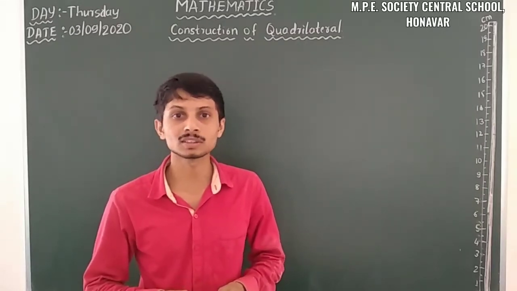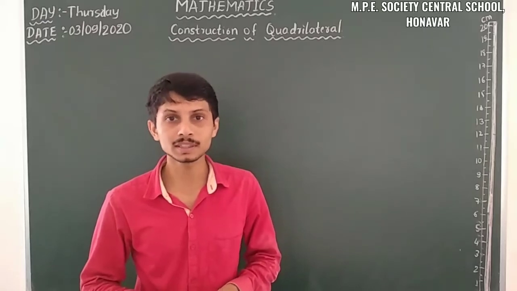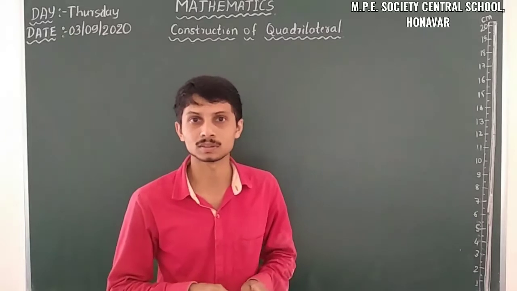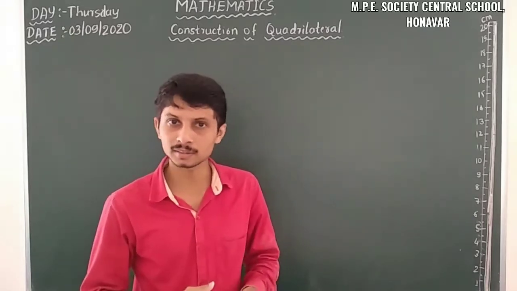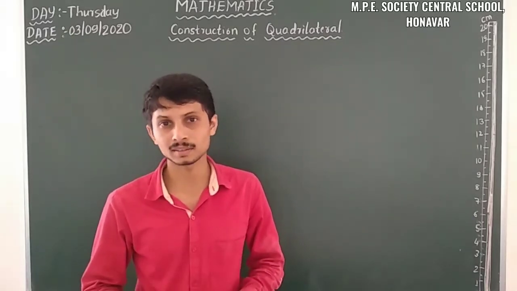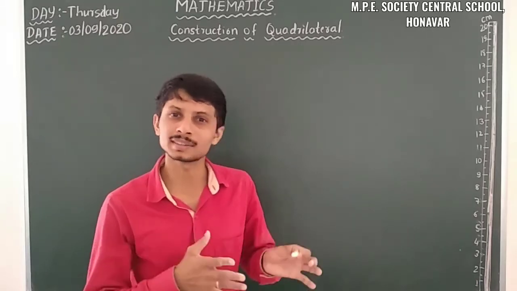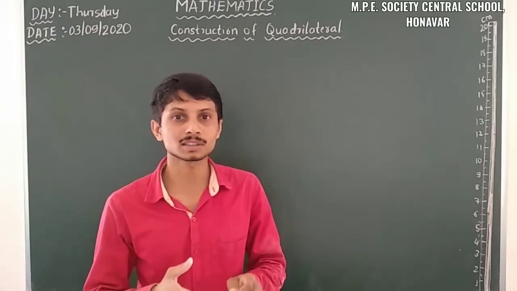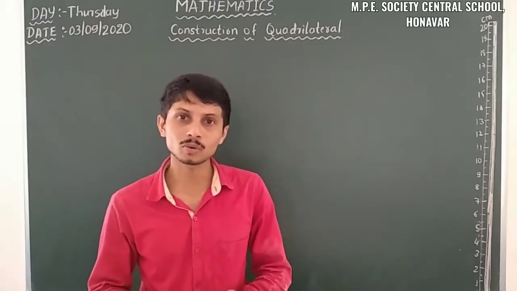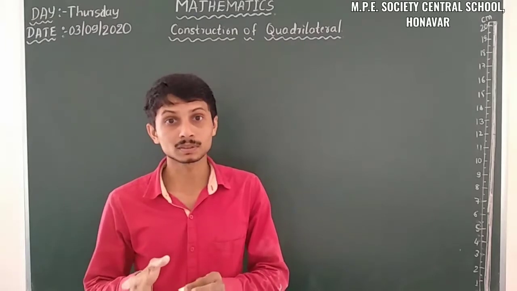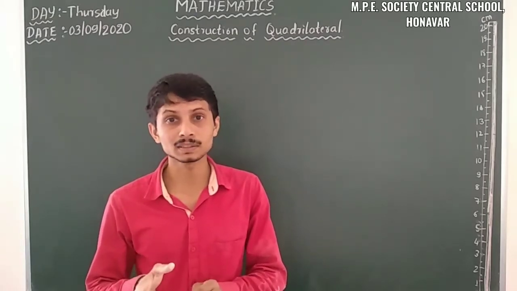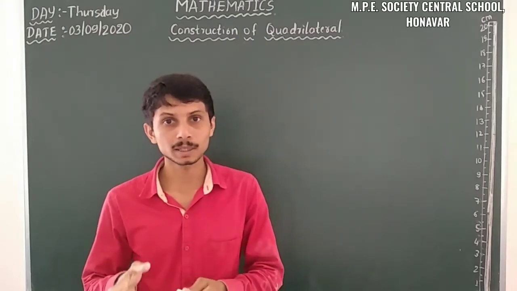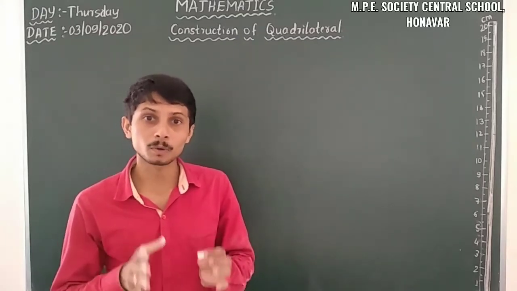So here we have to construct a rhombus with the given things. Before going to the construction, we have to know about rhombus. We already know about quadrilaterals, we already know about rectangles. Rectangle and square, that's the same construction. We have to follow the same construction for rectangle and also square. Here, rhombus: square is also one of the types of rhombus. So there are some properties.